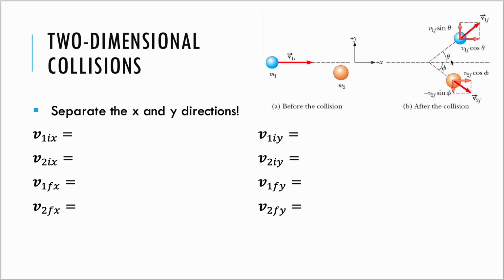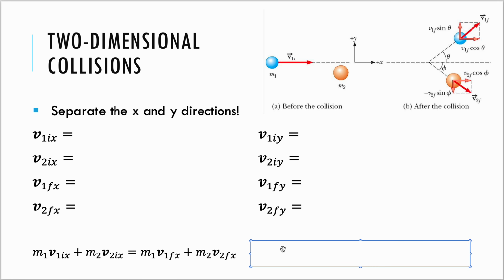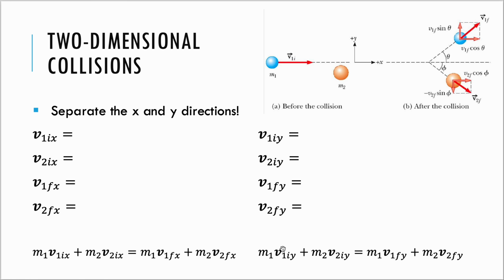If the objects don't stick together, that's a total of 8 variables. Once you've defined all of your variables, then you're going to write down the conservation of momentum equation separately in both directions. Write down what you know for each one, cancel out the terms equal to 0, and solve for your unknown. As you can see in this picture, the initial velocity for m1, for example, would just be v1 initial, whatever that speed is,